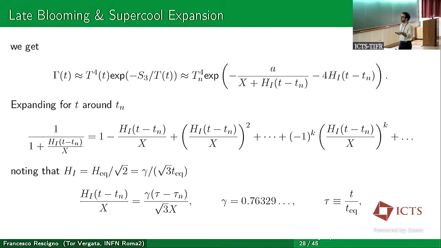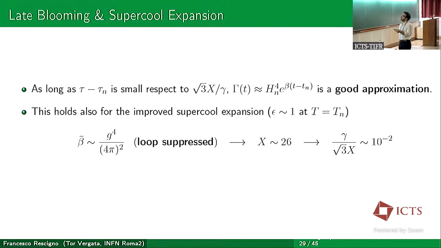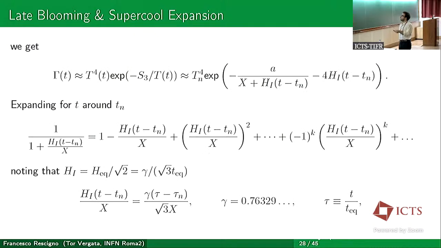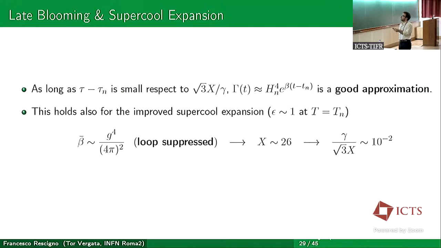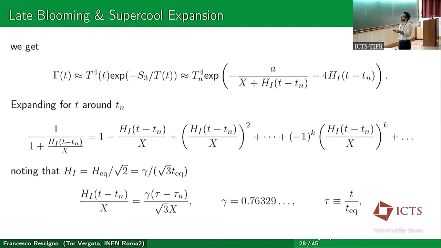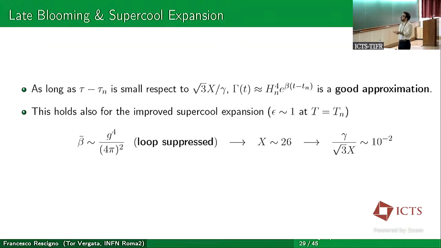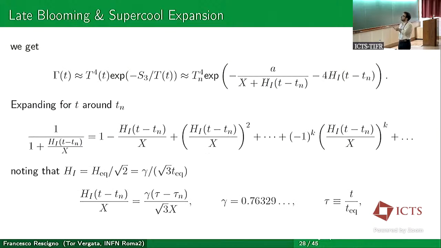You can show that this can be rewritten in this way, and this is typically smaller than this factor here. Because this is the small number here, and x in the supercool expansion is always of this order here. So this is way larger than this for the interesting values of tau. And this means that this constant term, and this other term that goes like t minus tn, reproduce this one. The other terms reproduce this term here, but these terms are all small